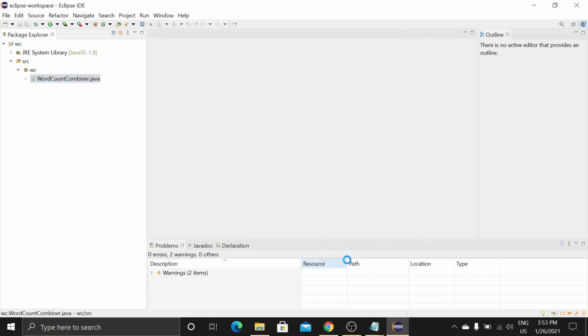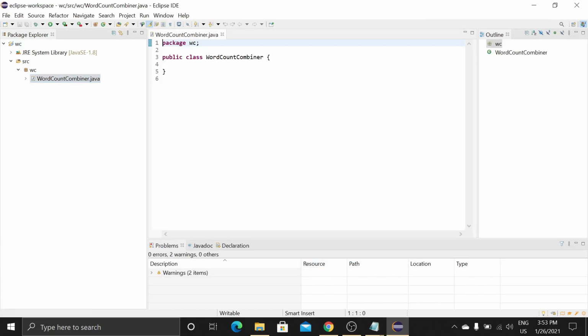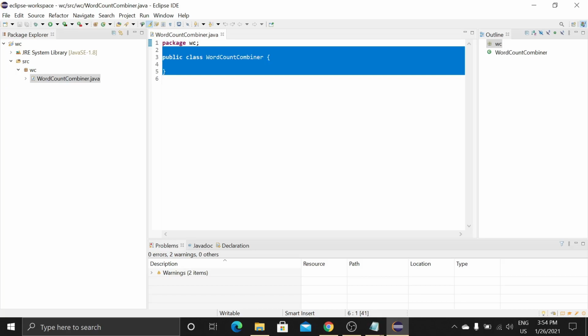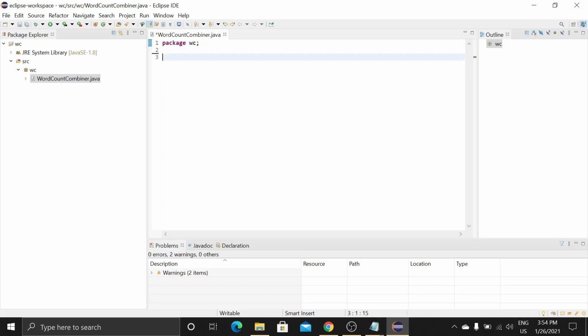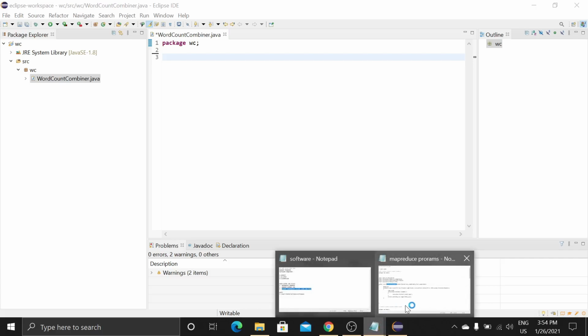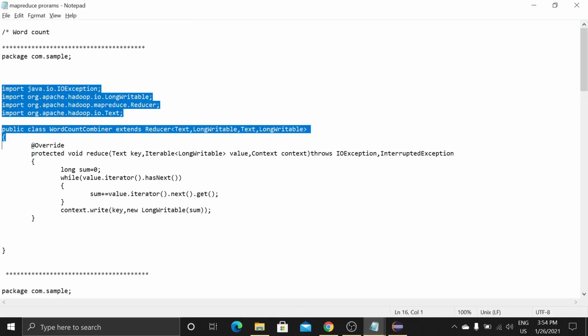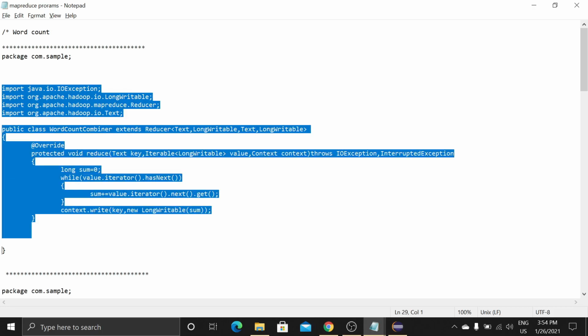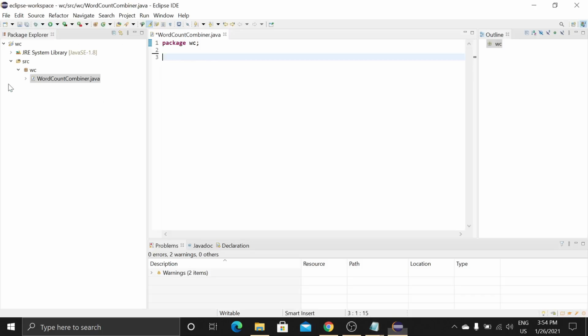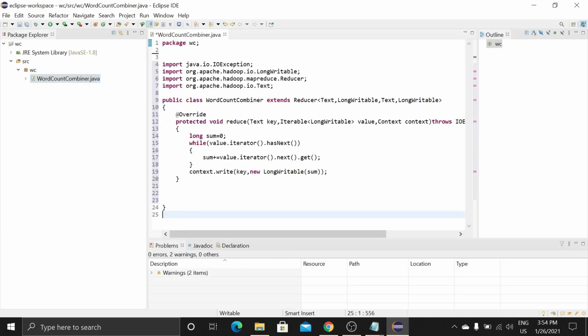Finish. Now the package wc should be there, and you should remove this public class line, and go back to the notepad file and copy from the import. Copy, paste it here. Don't forget to save the file and repeat the process.